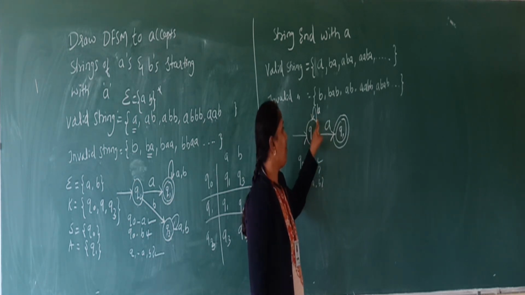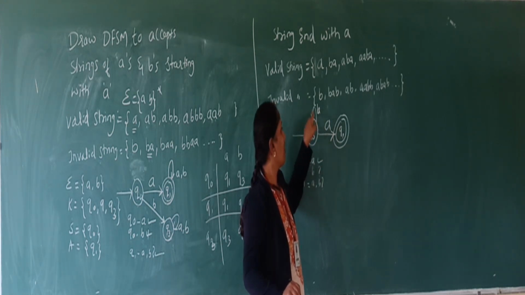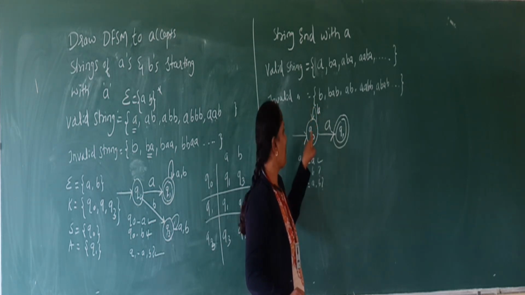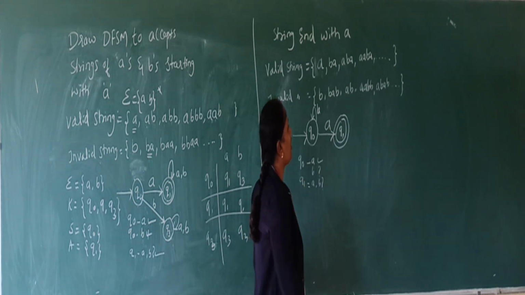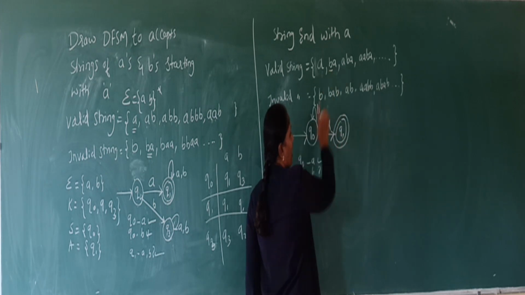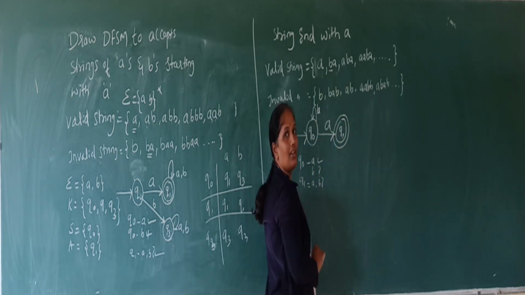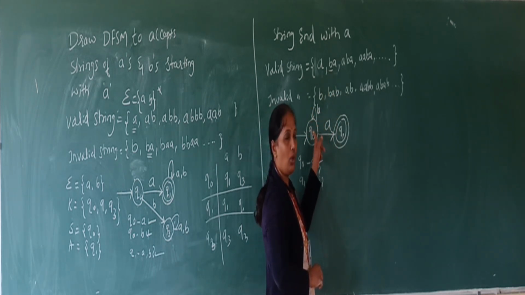So if I take a B, they had not given any condition for the occurrence of B before the A. So this is okay. If any number of B's come, it will accept and stay in the Q0 state. Whenever the A comes, it will move to a final state. So check out, it starts accepting BA. If B comes, it will accept, and whenever the A comes, it will move to a final state. So this is okay if I give the loop.